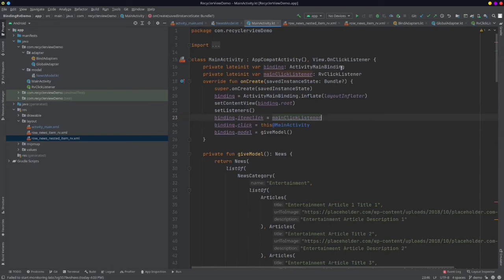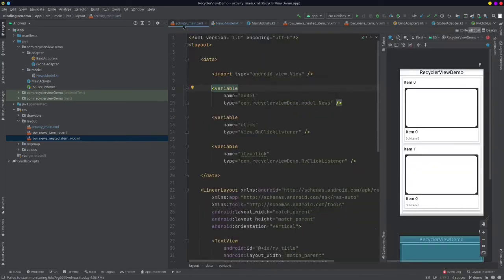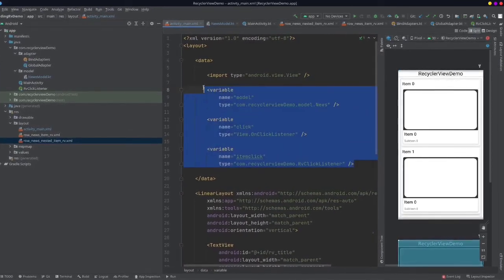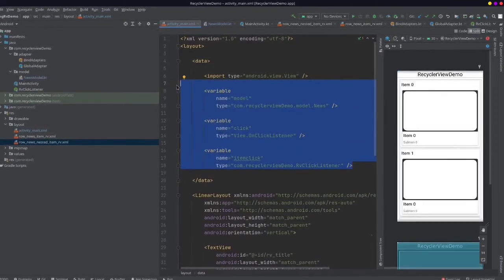And then we are simply passing along the reference to the same variables which we have defined in this model, with the help of a BR, which is the global file which contains all the variables which you use in your design file. It is part of data binding.